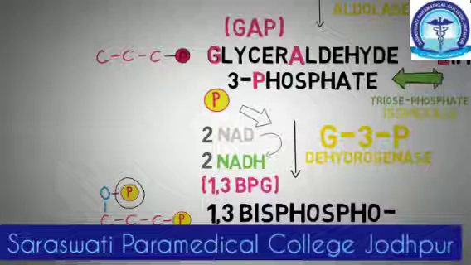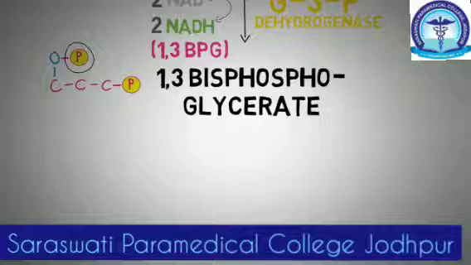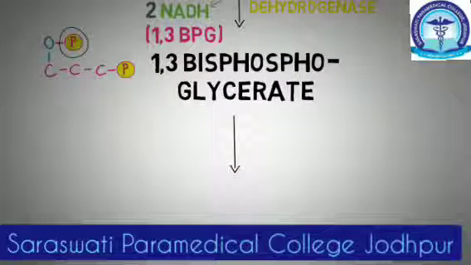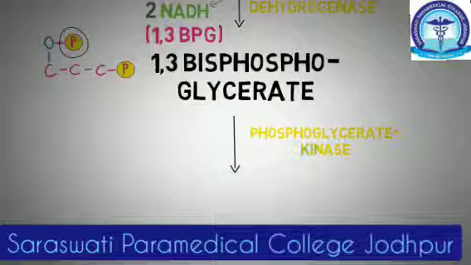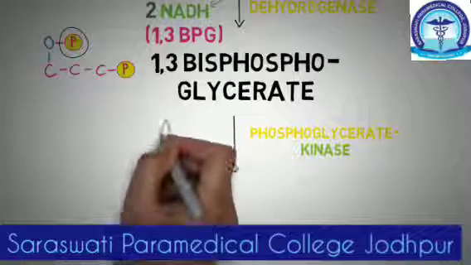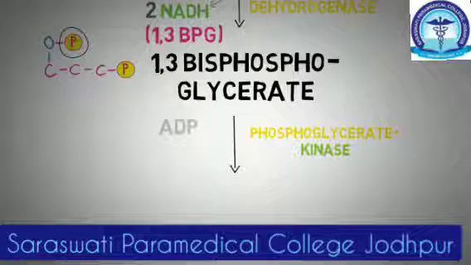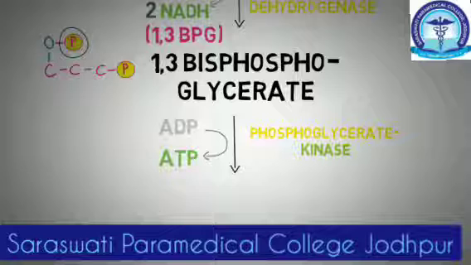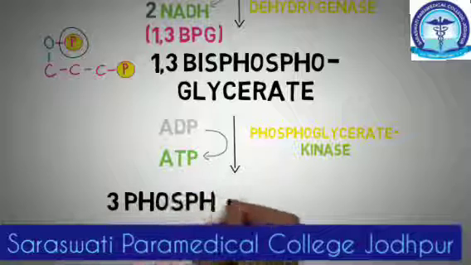a bisphosphoglycerate. In the next reaction, the high energy phosphate group that is attached to the carbon number 1 is used to make ATP. The enzyme that acts on this reaction is known as phosphoglycerate kinase. And as you know, kinases are enzymes that transfer phosphate groups from one molecule to another. Here, the phosphate group at the first position in the 1,3-bisphosphoglycerate gets transferred to a molecule of ADP, converting it into an ATP. The 1,3-bisphosphoglycerate